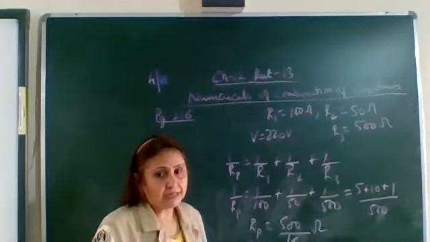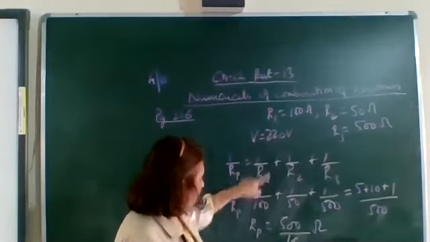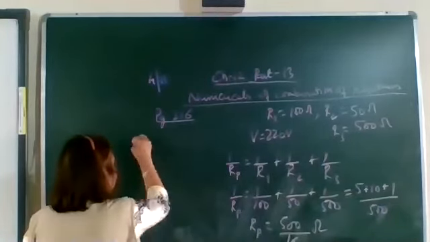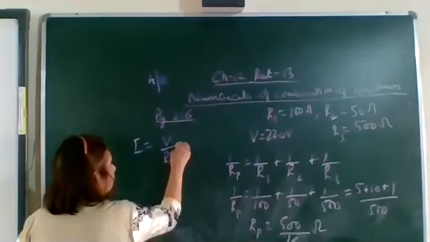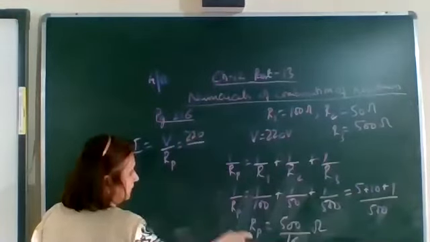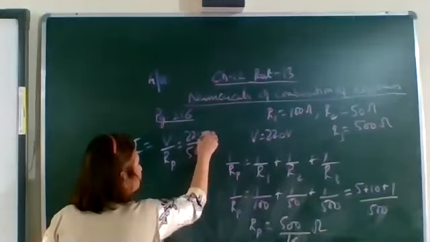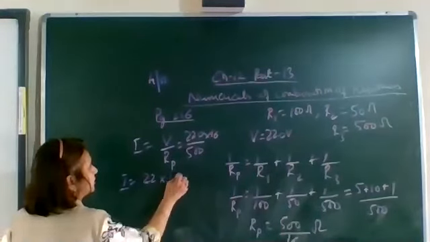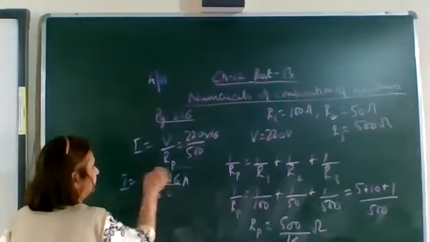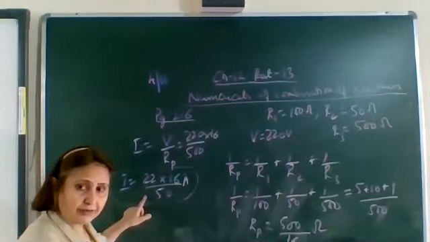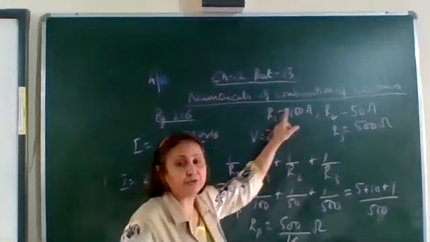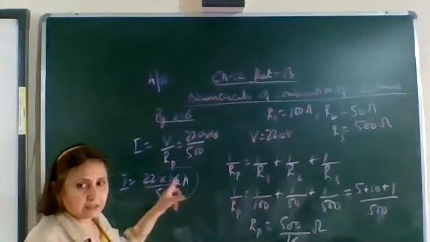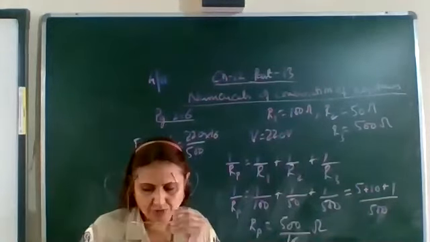Now let's find out the current. V is given and this is the equivalent resistance. So can we get the current? By using Ohm's law, I is equal to V upon R. V here is 220 volts and this is 500 upon 60. So here I is equal to 22 into 16 upon 50 amperes. So what is the current drawn by the electric iron? Or you can say that drawn by all the three appliances when connected in parallel. The current will be this thing. You can simplify it, calculate it and get the amount of current.